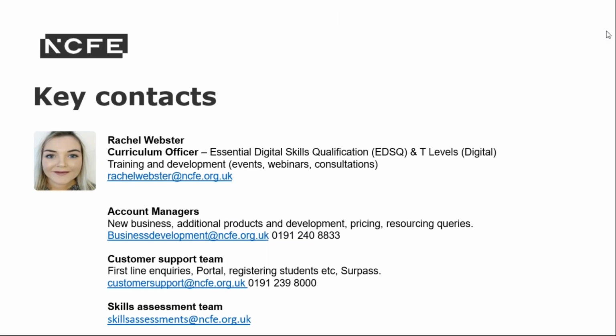And somebody's just put in, is there guidance for requirements in the controlled assessment? Yes, there is. On QualHub, there is a sample assessment that you can go through. And when you go through the sample assessment before the actual exam, tutors will be given a guidance document.